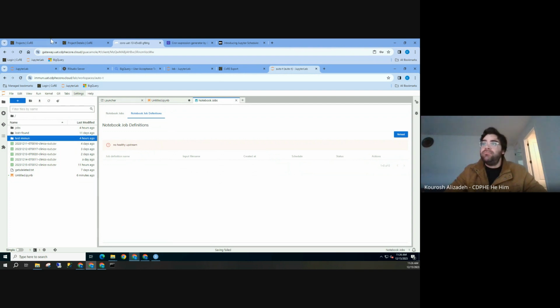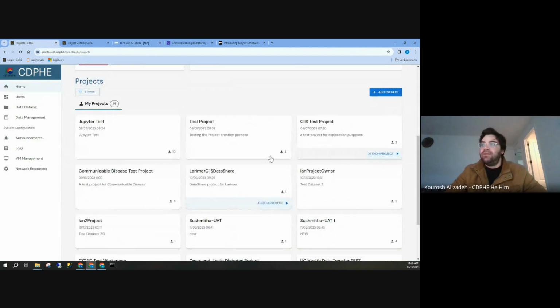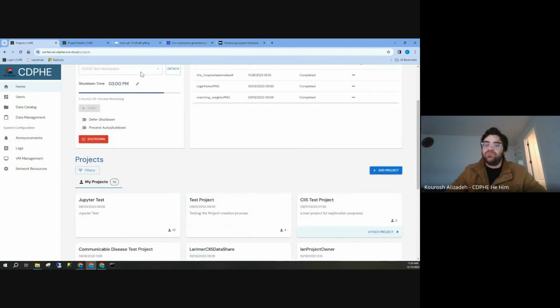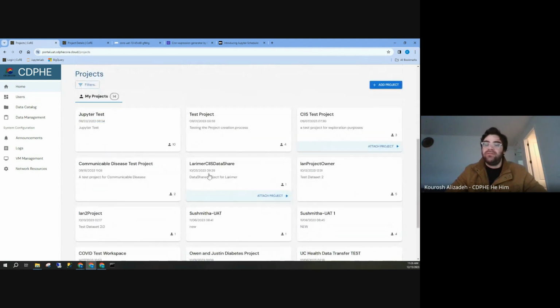So for me as a CDPHE person, I would have access to all these projects from within the scheduler. There would be one project mounted to my virtual machine, but the scheduler would have the entire file structure. As a result, the scheduler could drop files in multiple projects at once.